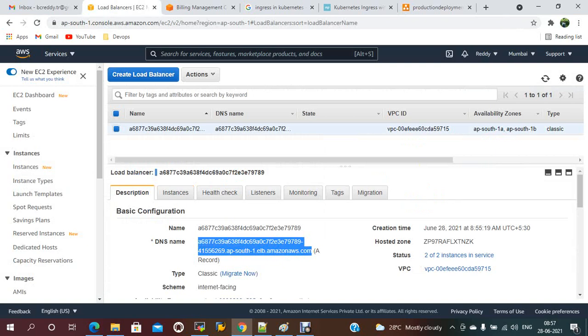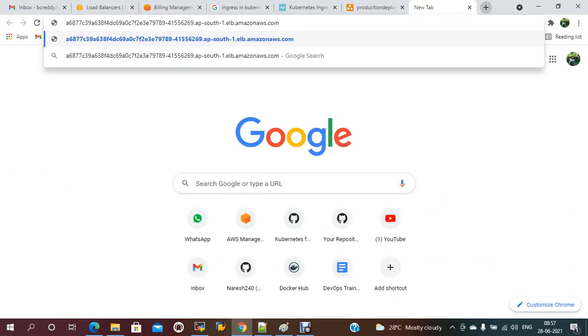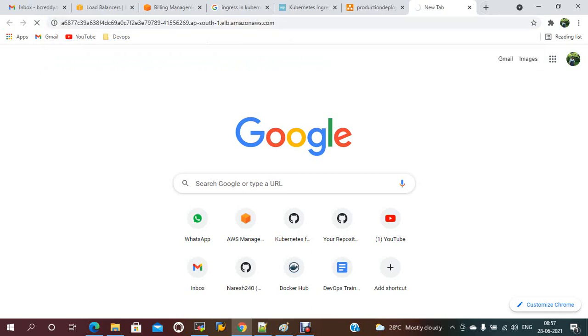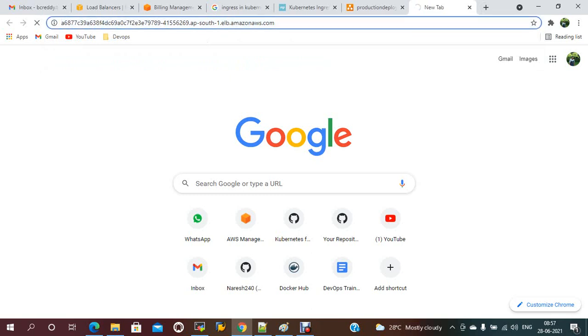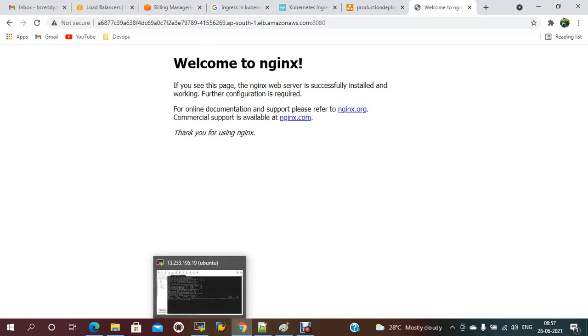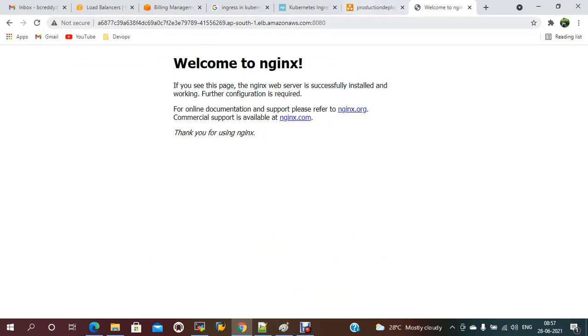Take this DNS name. We gave the port number 8080, that's why we need to access this port. Okay, now we got this response.